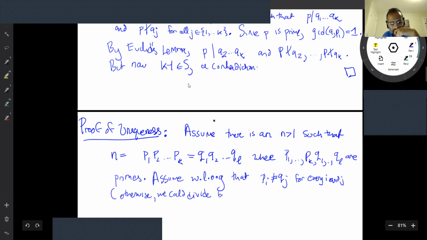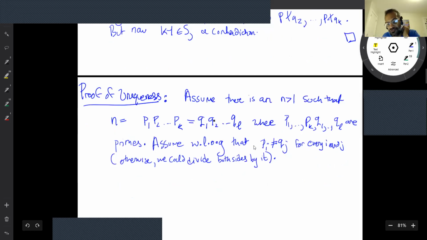Divide both sides by it. What does this WLOG stand for? Without loss of generality. Okay,